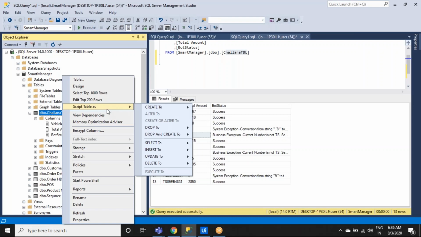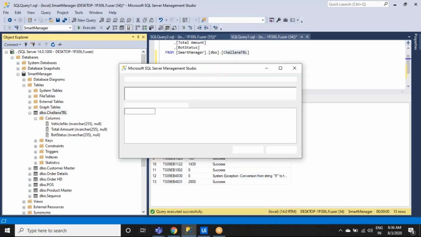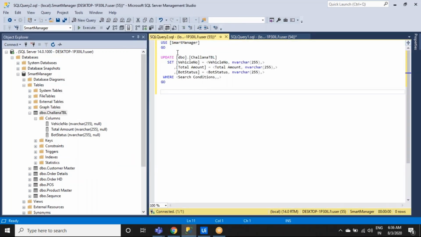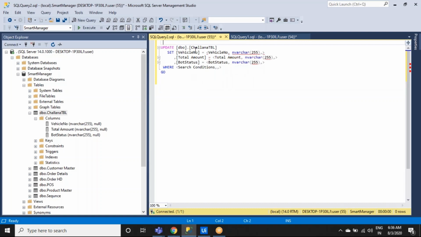Here, all the queries are there. If you go to the update, it will use the update query. See here, this is the update query: update table name, set the variable name, set that value, and where condition. So what we can do is, if the vehicle number is equal to this one,